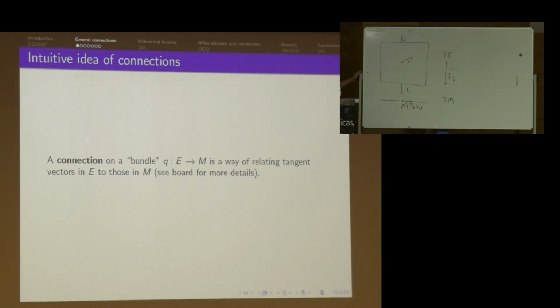But one thing else you have, in addition to that, is you have sort of special vertical vectors upstairs. If you look at a tangent vector upstairs, you transfer to something downstairs. Now, obviously the zero tangent vector is going to get transferred to the zero tangent vector here. That follows from one of the coherences for a tangent category. But there could be other things, say W, which when we apply T of q to it, could end up being the zero tangent vector downstairs.